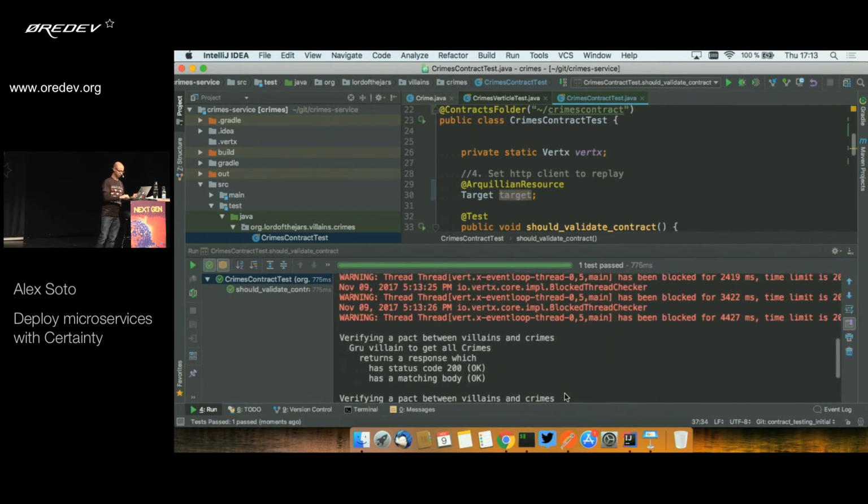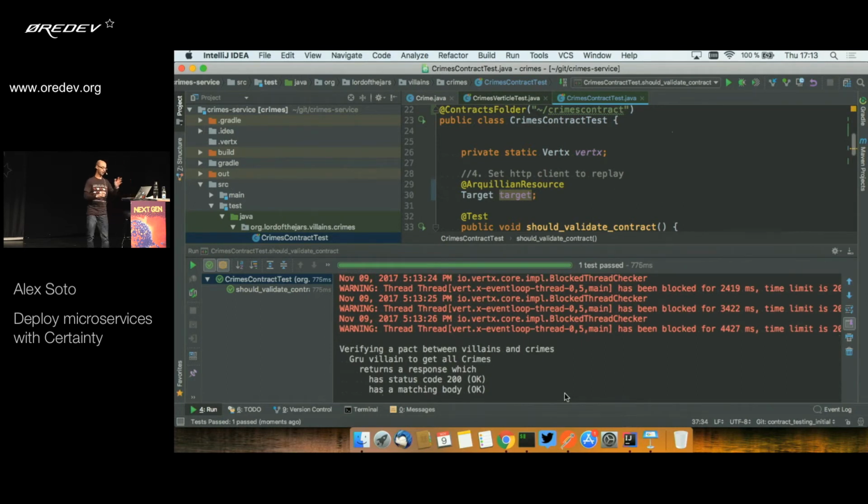And if you check here, you see that you are verifying your contract, verifying a pact between billings and crimes. And it says the request to get all crimes returns a response which has a status code 200. Okay, so it means that when I did that request to /crimes/grew, it returns a 200 and has a matching body, and it's true. It means that the body that I defined in the contract and the body that was returned by the real provider